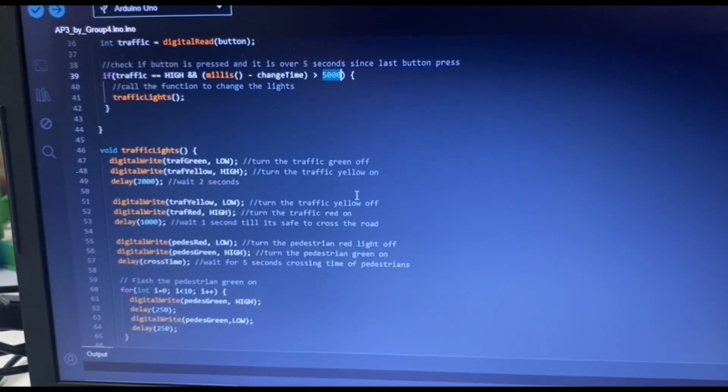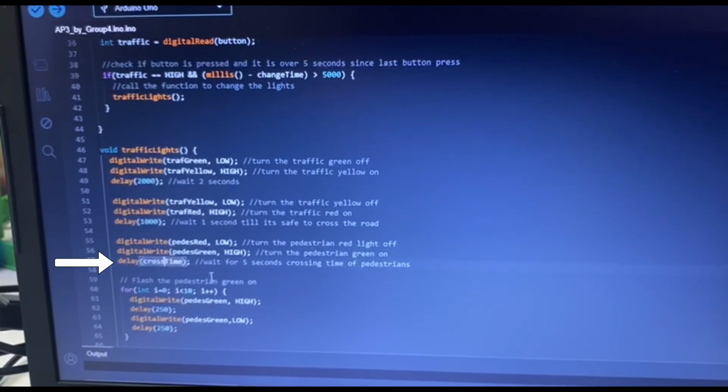Then we will set the delay for 2 seconds and turn it off. Then we will turn the traffic red on, and we will wait 1 second till it's safe to cross the road. So after 1 second, pedestrian red will turn off and pedestrian green will turn on.